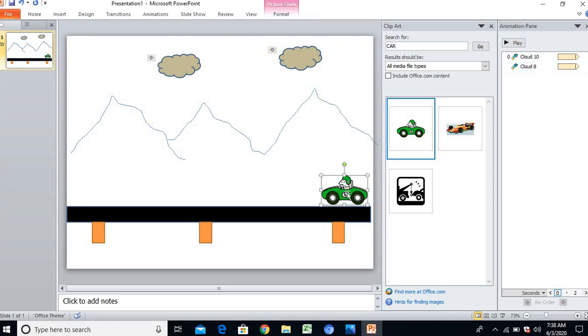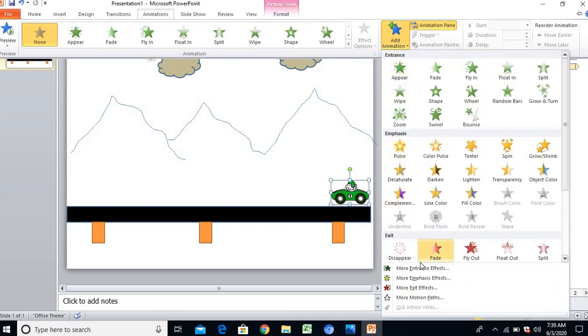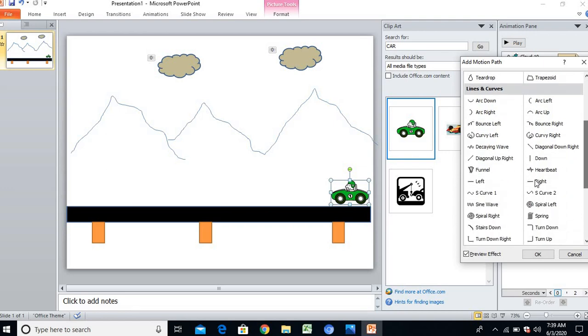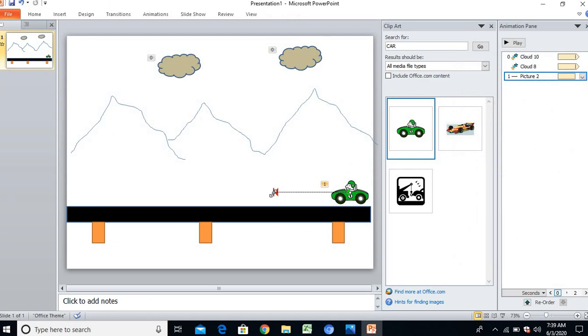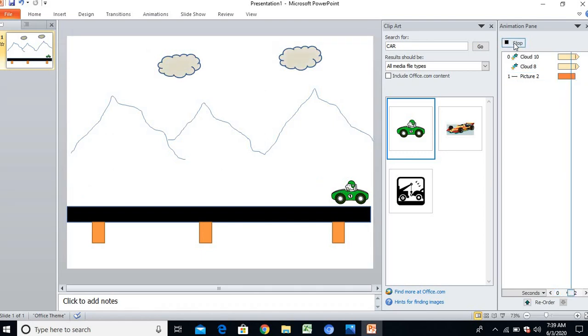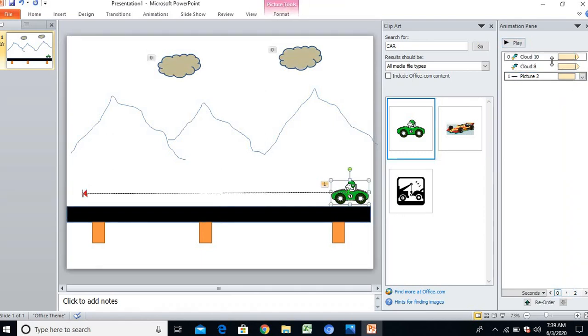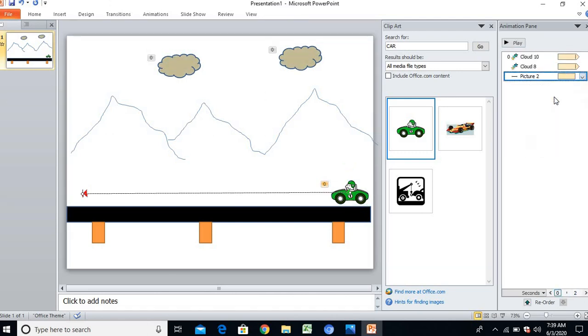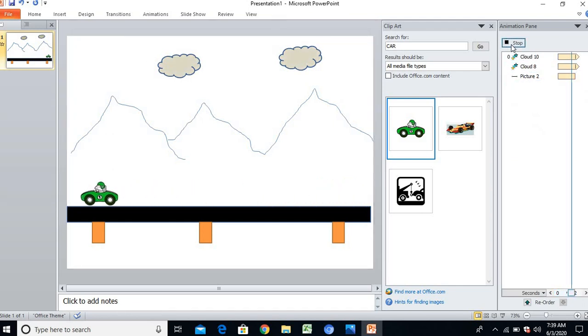And I'll apply the animations here in this car, how to move this car. So I'll go to the animations and I'll go to the add animations, more motion paths. I'll select from here more motion paths, and then from here I'll select right animations, or left animations, sorry, left animations. So if you see this and play this, the car is start with previous, play it, the car is moving